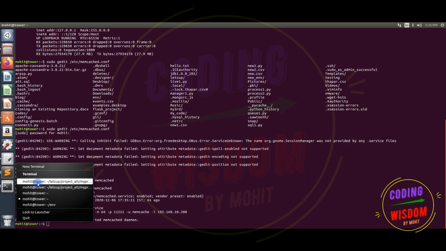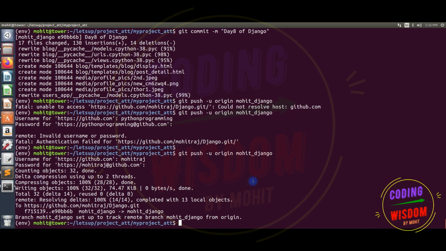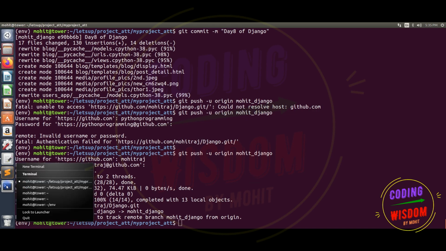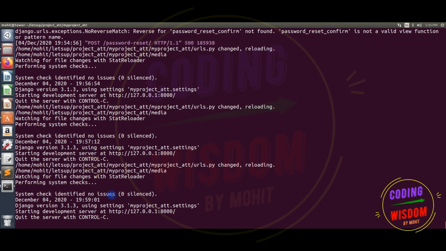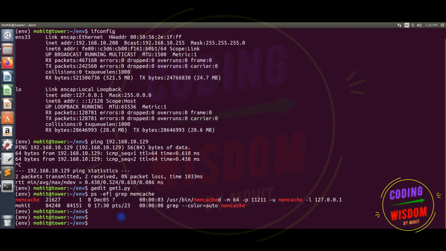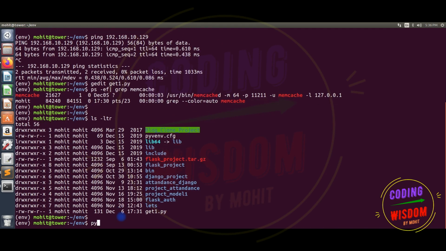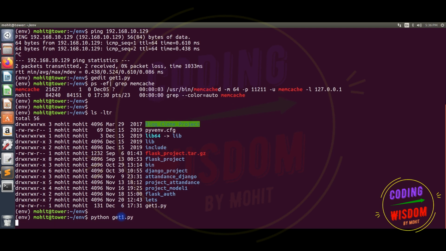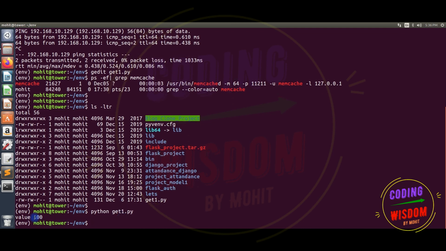Server is running here actually. Yes, so here, ls. The code name is python get1. Now you can see in the second computer I'm getting 100.